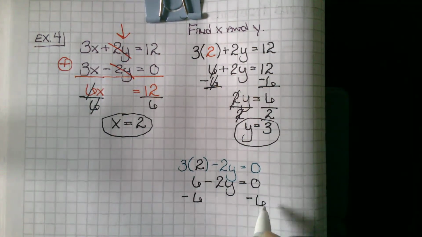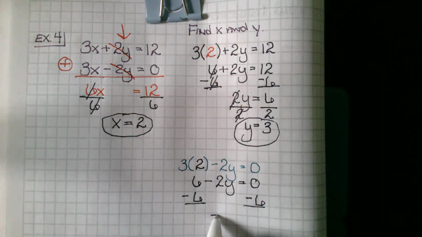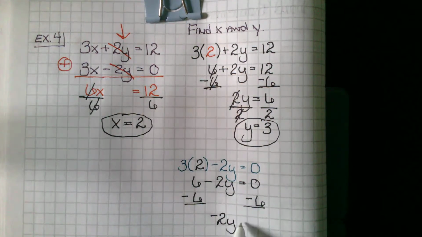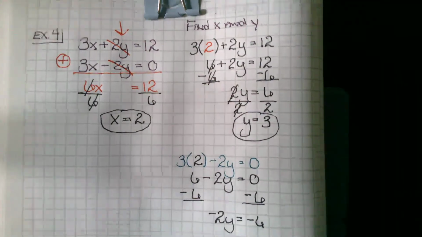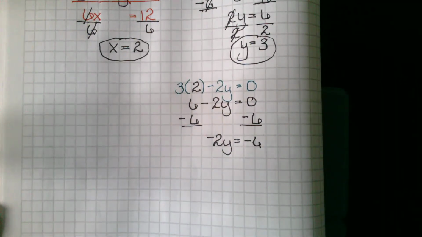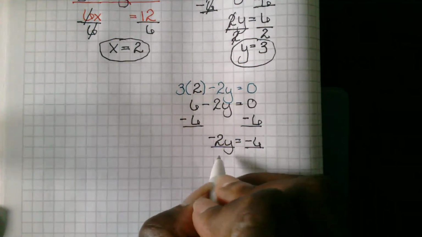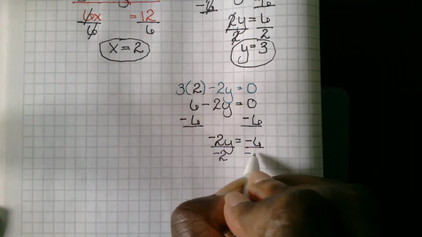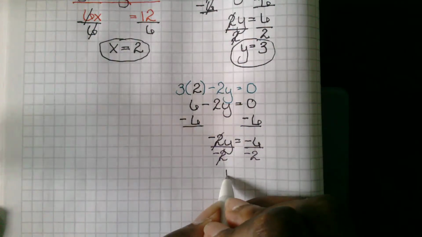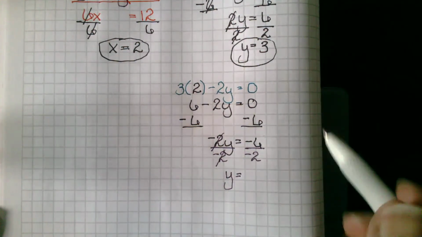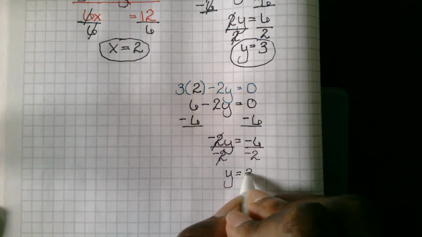So far, most things are sounding pretty normal. But what comes down is my negative 2y. And then 0 minus 6 gives me a negative 6. So we want to get y by itself. We're going to divide both sides by that negative 2. Negative 2 divided by negative 2 gives me a 1y, or just y. And a negative divided by a negative is a positive, and 6 divided by 2 is